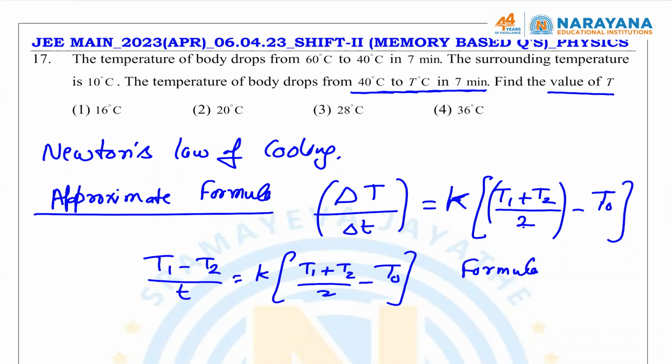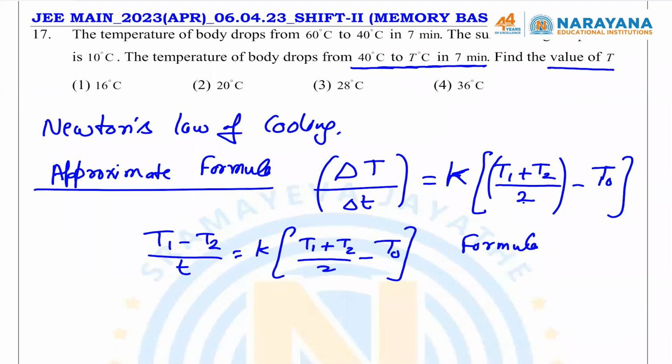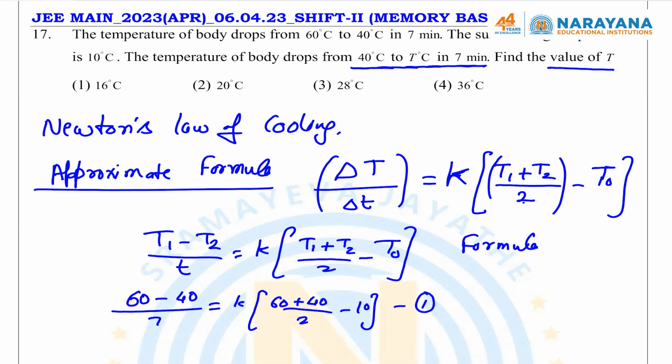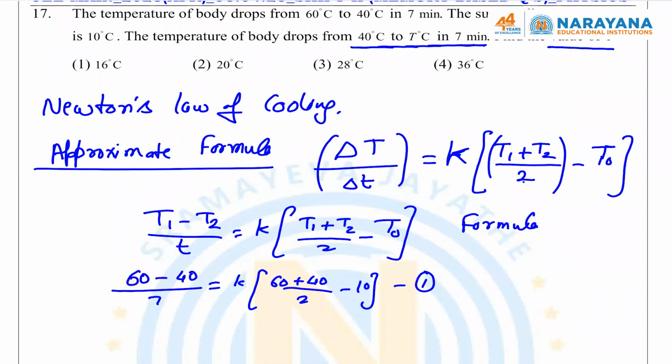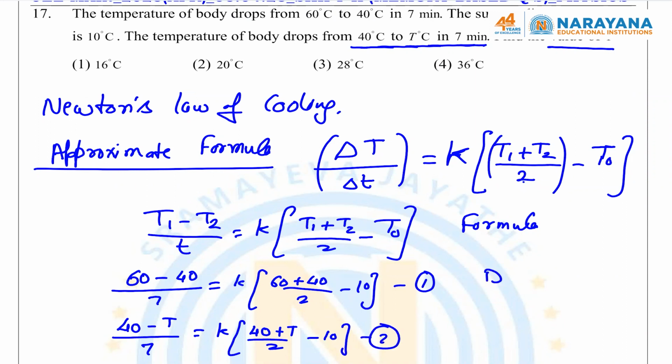We just have to write this formula 2 times. So in first case, the body cools from 60 to 40 in 7 minutes. So I'll write 60 plus 40 by 2 minus the temperature of the surrounding, which is 10. In the second case, body cools from 40 to T. So 40 minus T over time is again 7 minutes is equal to K times 40 plus T by 2, average temperature, minus 10. So divide these two equations